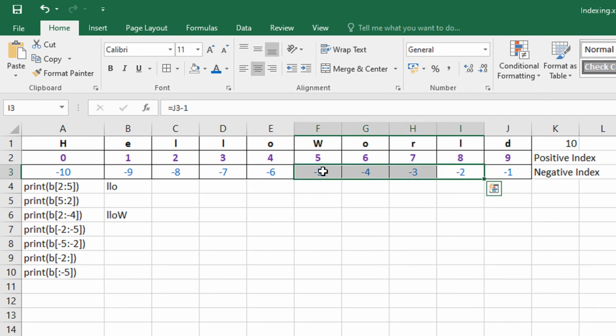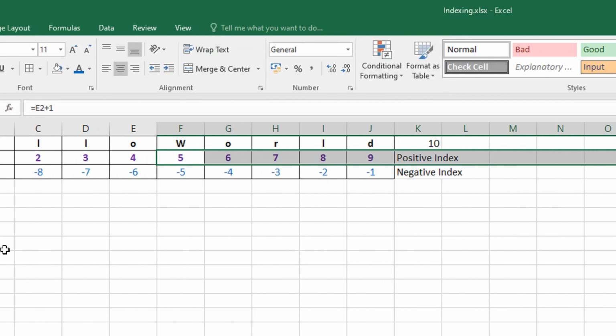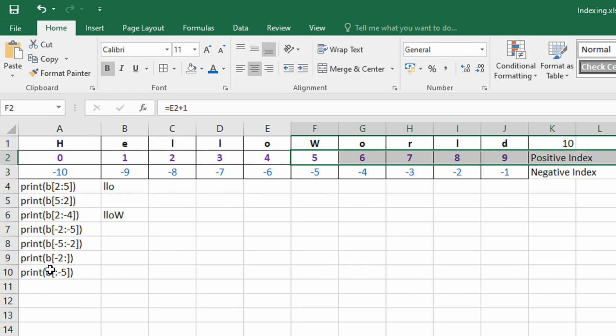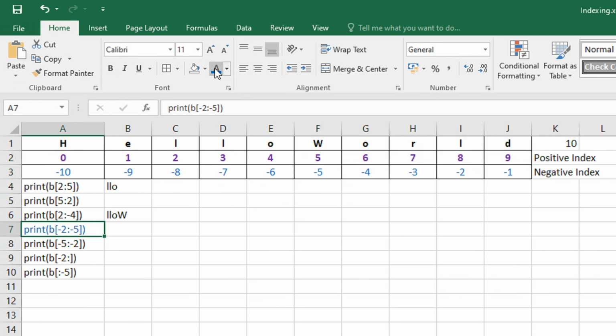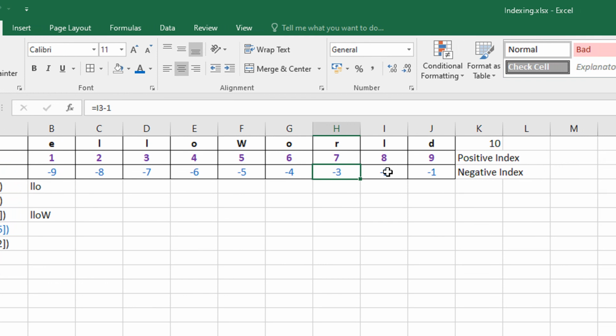Again, here there is a catch. Like in positive indexing, when we looked at this example, from 5 you cannot go backward. You have to always go towards the infinity given the starting point. Similarly, for negative indexing, what is the starting index here? The starting index is minus 2 and it is saying you to go up to minus 5. See, when you refer by negative index, right, you have to go towards the positive infinity always. There is a single rule in Python that given the starting index, you have to move only towards the positive index, towards the positive infinity.